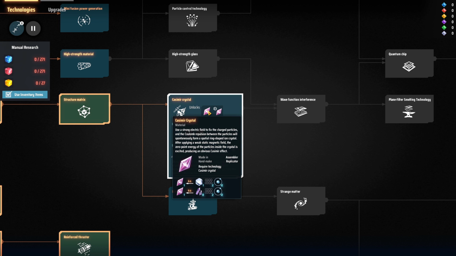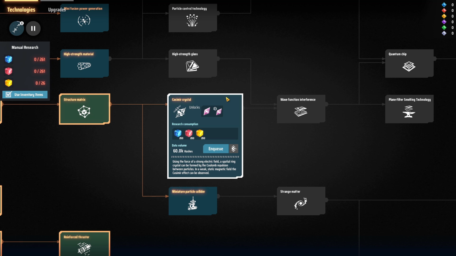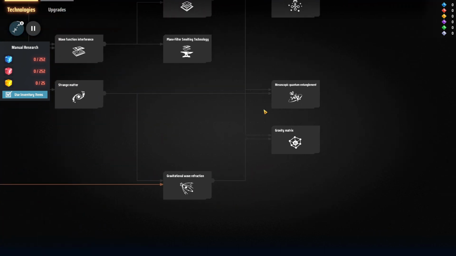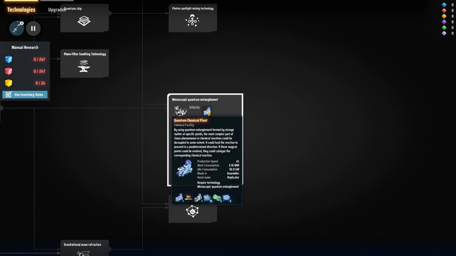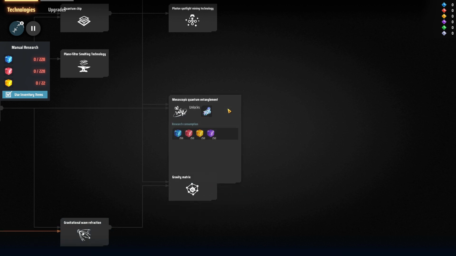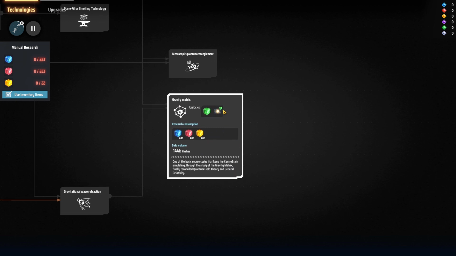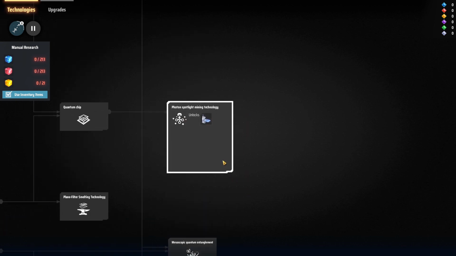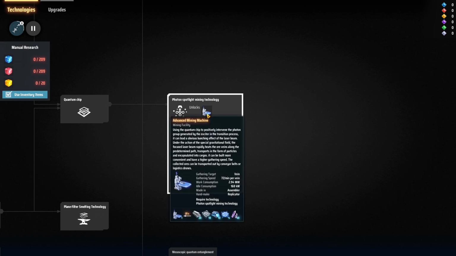I remember these being brutal. Yeah, I'm starting to remember some of this stuff. This sounds new. Quantum chemical. Yeah, that's new. I've never heard of that before. Gravity matrix. Photons. Oh, that's a new one. Photon